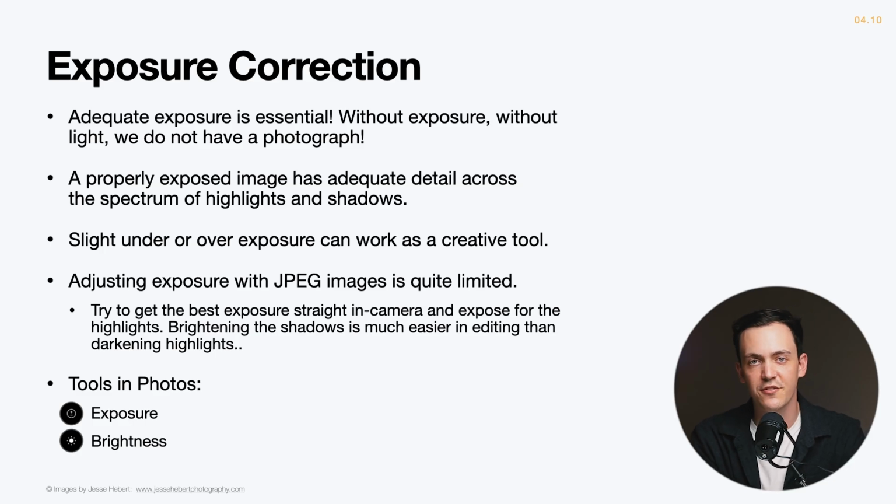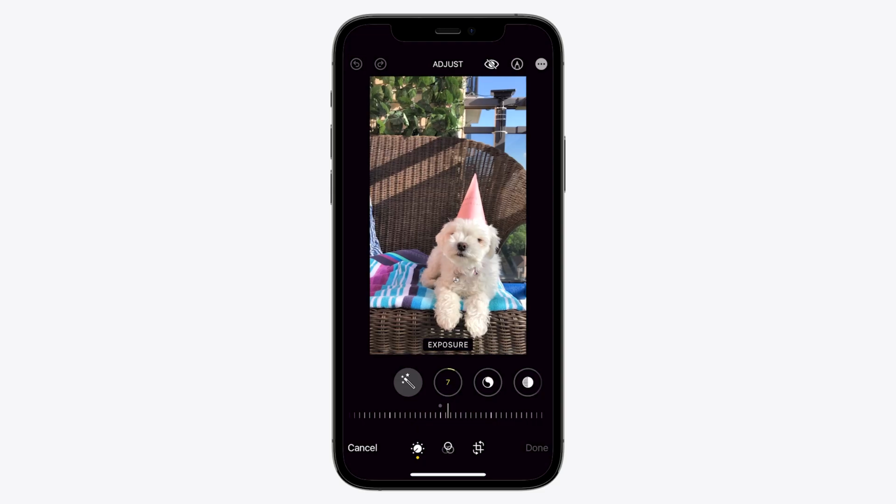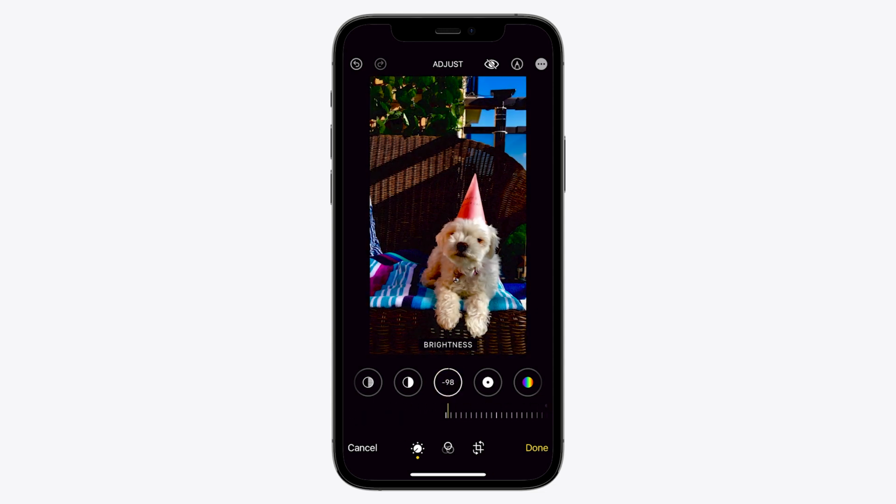The two tools that can affect our exposure in photos are our exposure tool and our brightness tool. The exposure tool is going to brighten or darken the highlights predominantly in your image. On the other hand, the brightness tool is going to brighten the darker parts or the shadows in your image